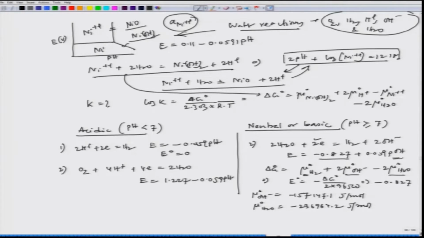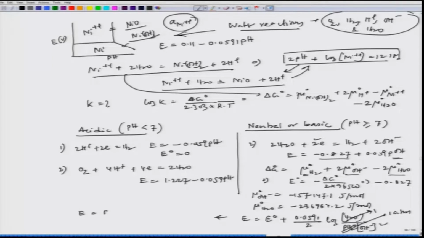Now, interestingly here it is pOH, because E equal to E0 plus 0.0591 by 2, and then log of the activity of H2O, if we put it in concentration terms, pH2 and OH minus whole squared. So, this is maintained at 1 atmosphere. The pressure of hydrogen gas is 1 atmosphere. This is 1, it is a pure substance, and so it becomes